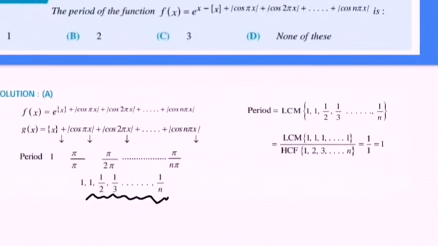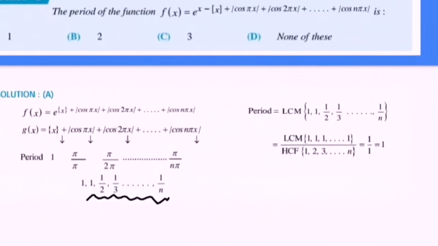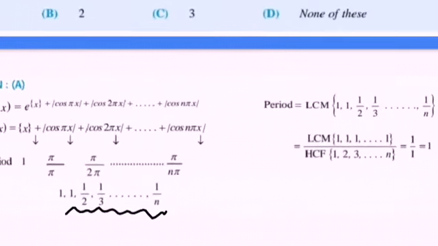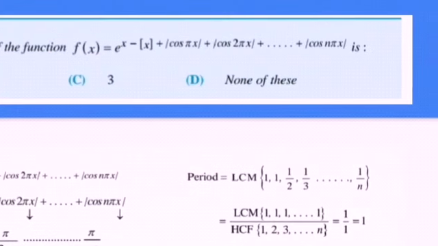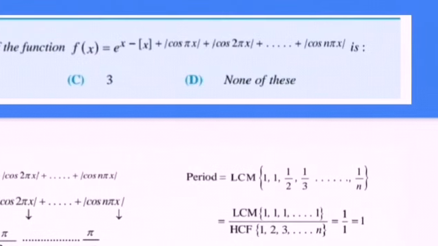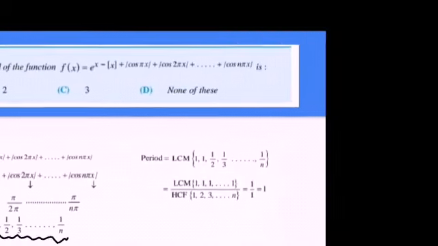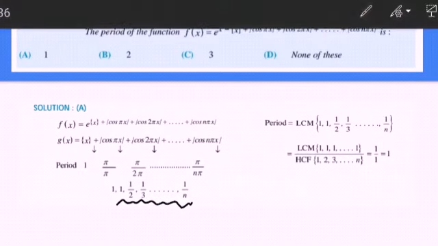So what do you have to take further? Further you have to take the LCM of the f(x), that is the g(x) part. In a composite function you have to go for the innermost function to find the period. So here the periods are 1, 1/2, 1/3, and so on. In all these cases you have to take the LCM of numerators and HCF of denominators. HCF of denominators is of course 1, and LCM is 1. That's obvious. So the period is 1, that is your answer. So the final answer is option A, correct.